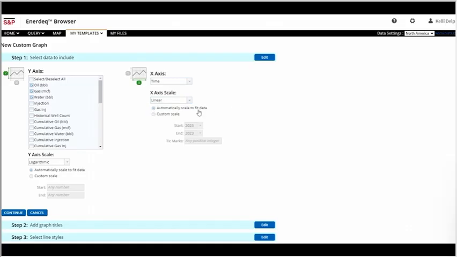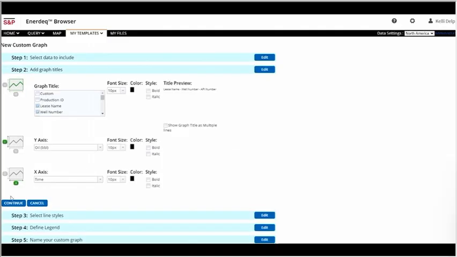I'm going to keep mine automatically scale to fit data, but you do have the ability to restrict through a custom scale the dates that you want, as well as adding tick marks for year and month. Continue will take you on to step 2, where you'll have graph title. You can change the font, the color, the style, and you'll even get a preview as you start changing things